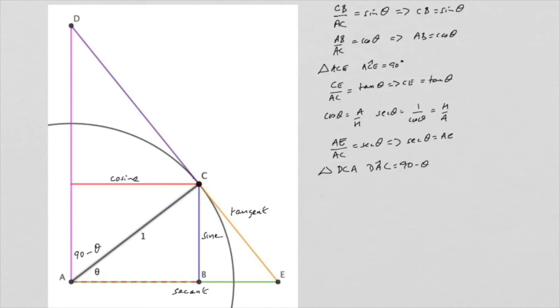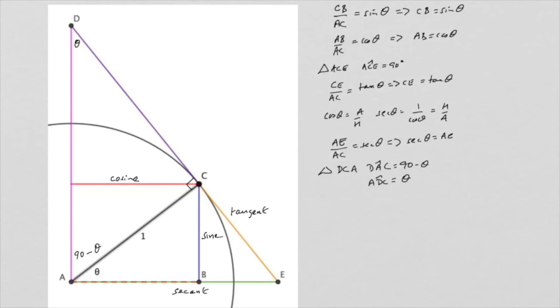We have a right angle at C, and therefore the angle ADC must be theta, so we can put that in up there. And now we see we've got another right angle triangle, this DCA triangle, with an angle theta in it. So we can do some more trigonometry. So if we think about